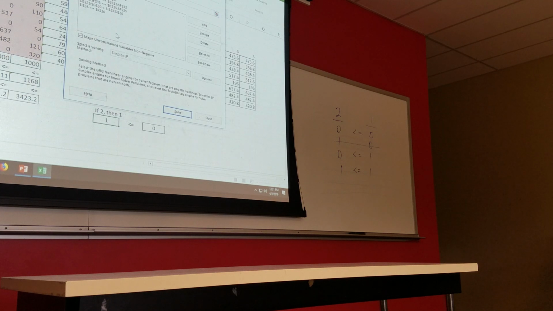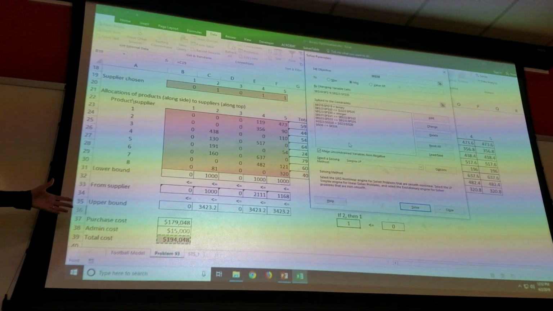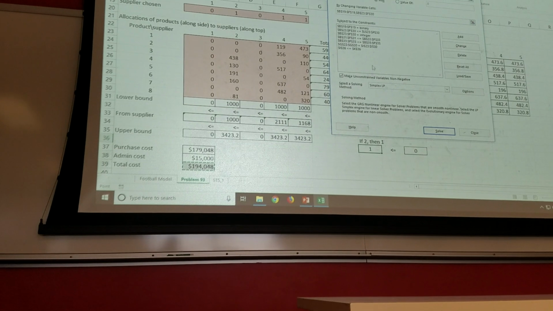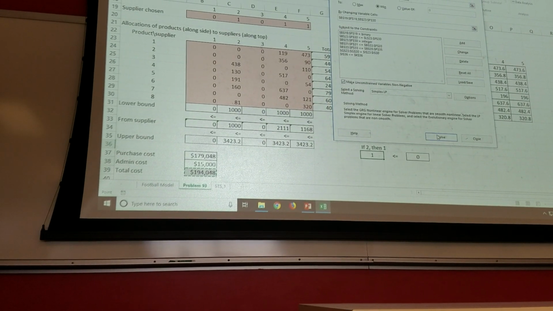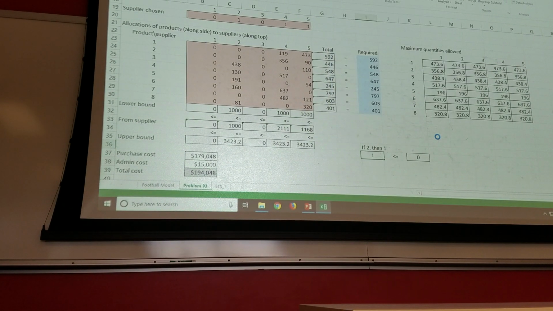You've now worked your way up to 7 constraints. We started with 5, then we added the new minimum. Now we're adding the "if you're gonna use supplier 2, you have to use supplier 1" thing. Okay, so we're now up to 7 constraints, and when we solve it,